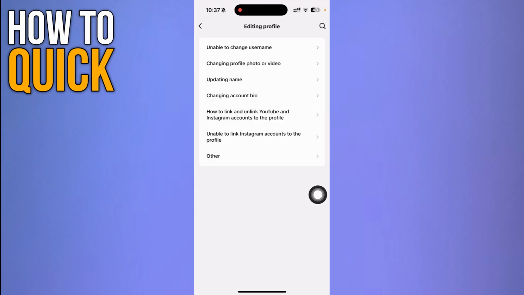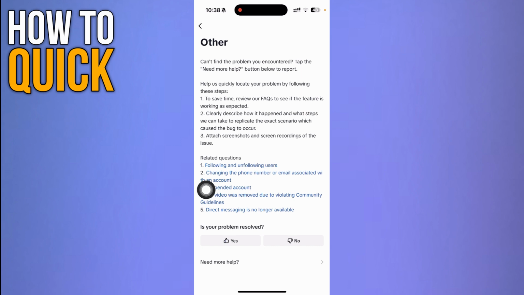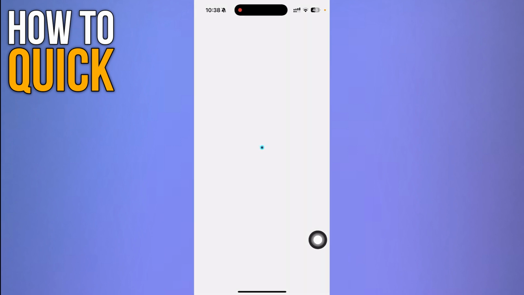Now, it's going to load this page for you and you can see you have no option for your birth date update, so I'm going to click Other. And then it's going to bring you to this page and here you have to click No and then click Need More Help. So I'm going to click Need More Help and then it's going to bring me to the